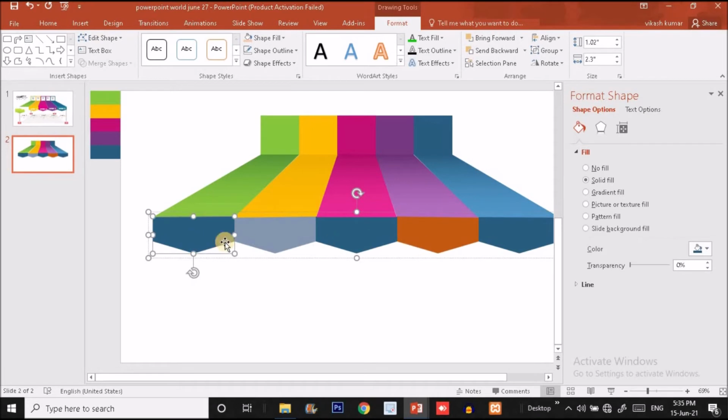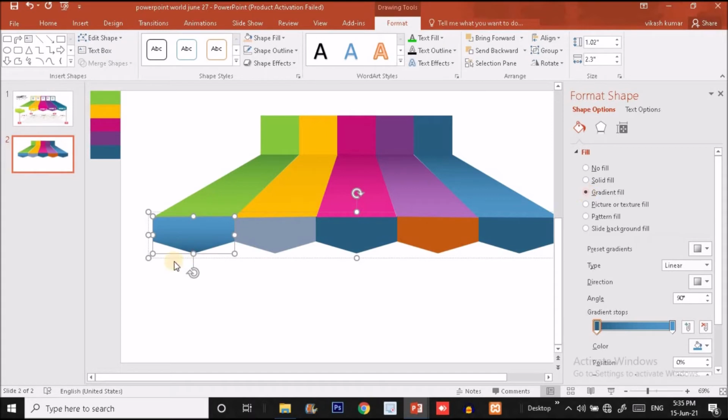Okay guys, we'll do the same thing with these 5 stops. So I'm going to do it, and again I'm going to fast forward the video so that we can save the time, guys.